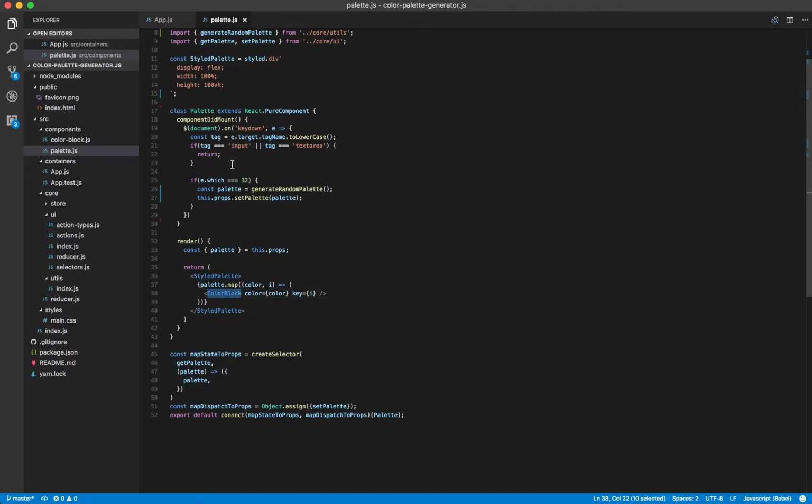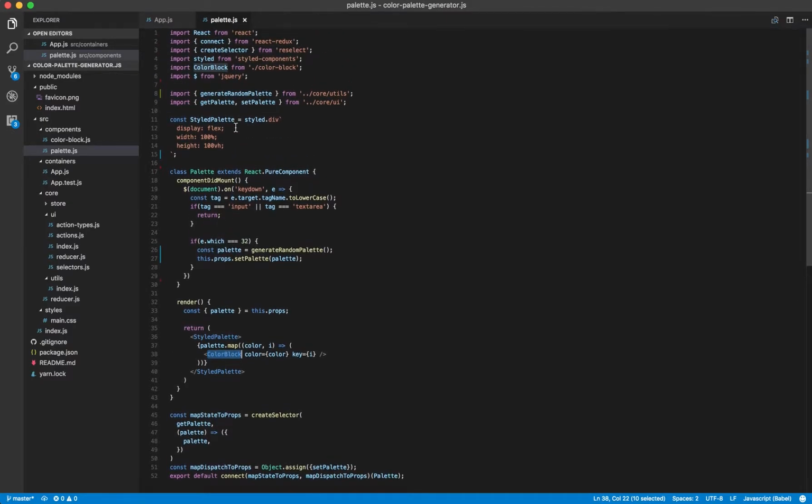And if we look at ColorBlock, we can see that we're importing ColorBlock from this ColorBlock. So the ./ just means the folder that we're currently in. We're in the components folder, so we're looking at this ColorBlock. Okay, so let's go look at that. Well, first thing before we do that, notice that we're saying this color equals color, and